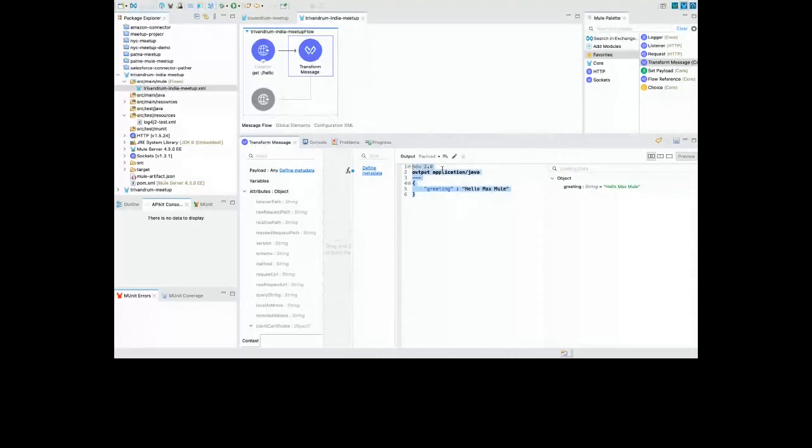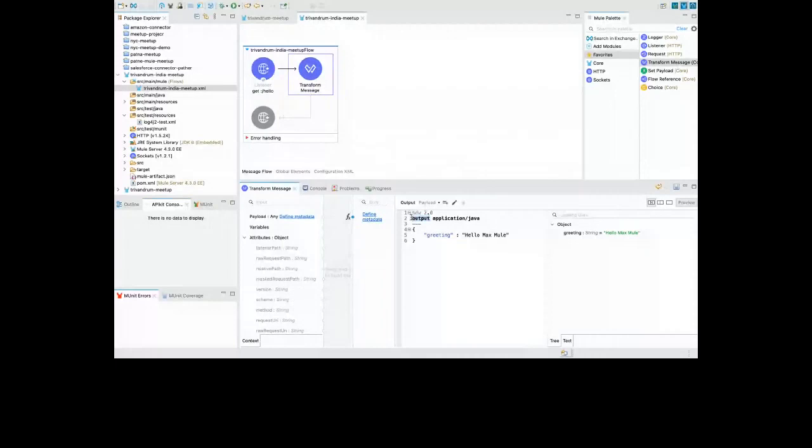On the top, it is saying percent dw 2.0. This is saying that we are using 2.0. We are going to write an outcome, which is saying that output is application. What are the type of our outcome? And these are header directives. On top of that, we can create our own variables over here, and we can create the variables using a different way as well. This is the very first API developed.